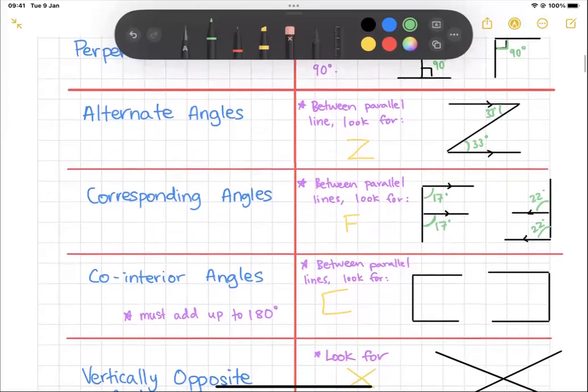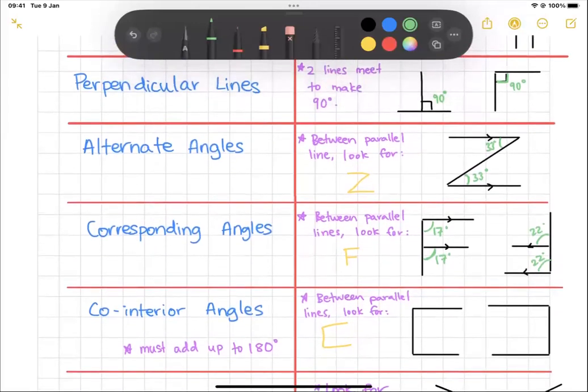Okay. Now we've got co-interior. Co-interior basically means that the angles must add up to 180. It must be between two parallel lines, which I have not shown here, and you must look for a C type of shape. Co-interior is basically if I have 10 degrees here, the other angle must be 170 as they must add up to 180. Okay, same thing here. 10 degrees,